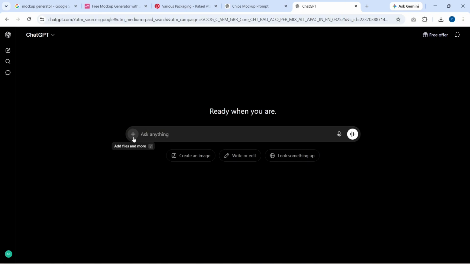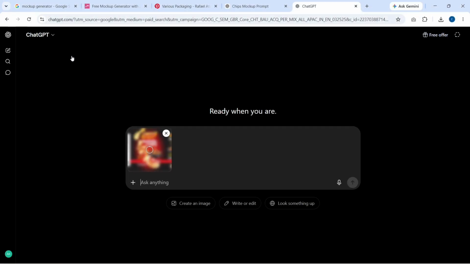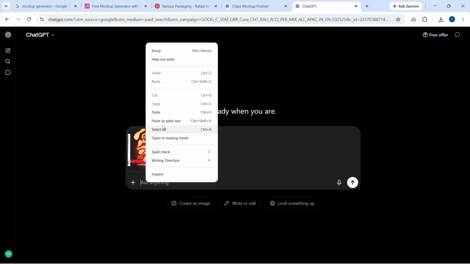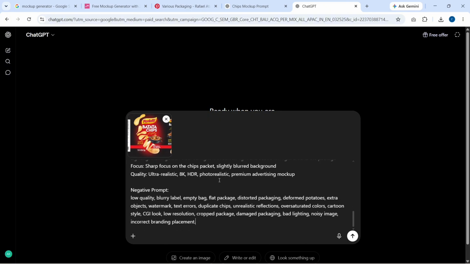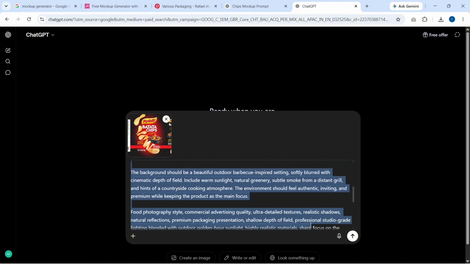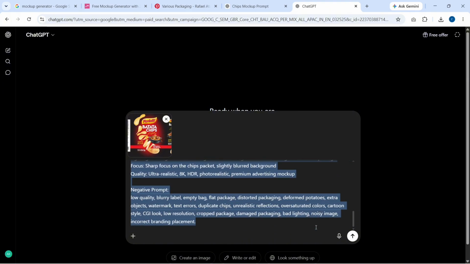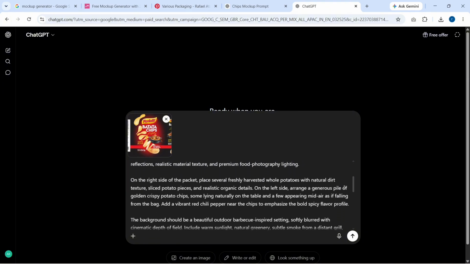Tap on the plus icon and select the Upload Media option to upload your design. Once your design is uploaded, write a detailed prompt describing your design and the type of mockup you want to create. For example, if you want a chips brand mockup, describe the packaging style, product appearance, background, and overall look you want. You can also add details about your brand, such as colors, theme, and design preferences to get a